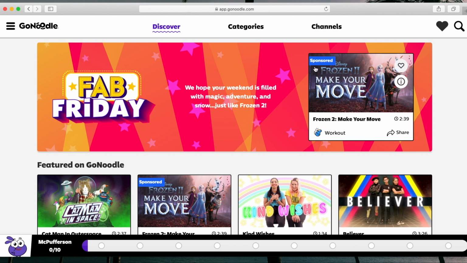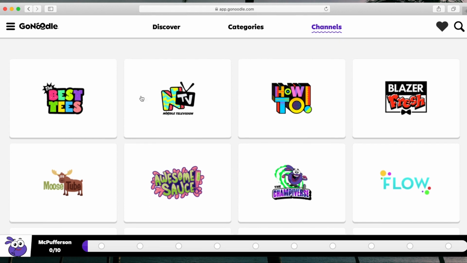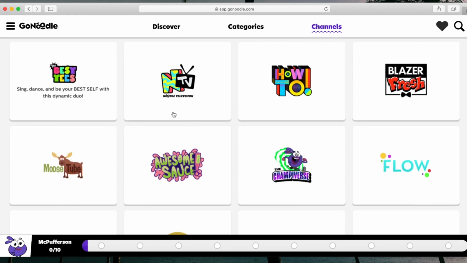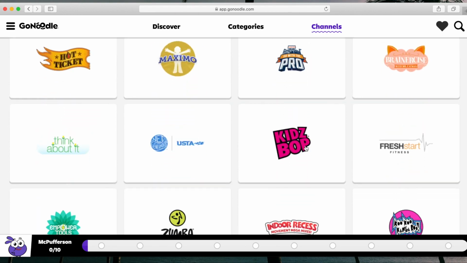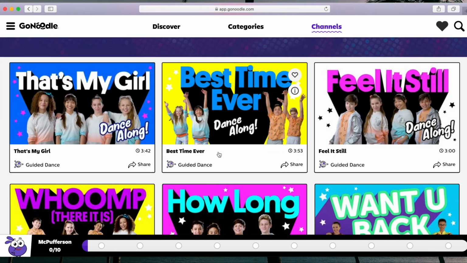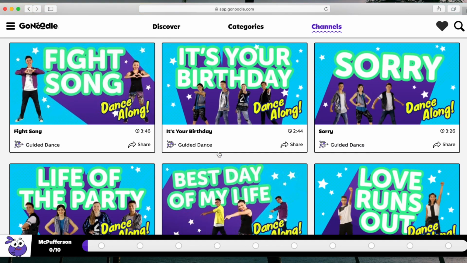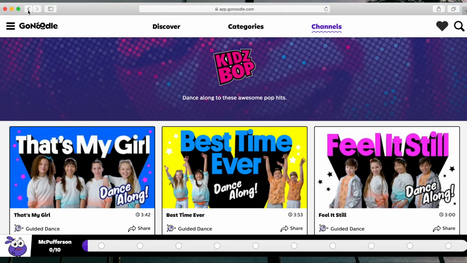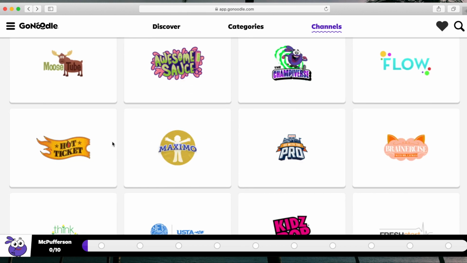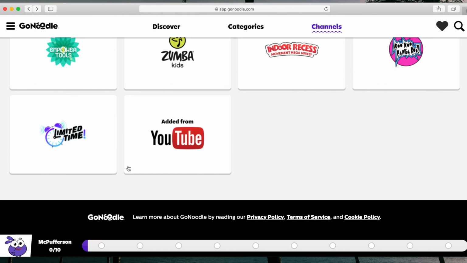And then the last feature I think is super helpful for teachers and their abilities to be flexible is that if you go to channels, so this is kind of where all of the videos within this app come from. So for example, a lot of the videos come from Kids Bop, okay? So you can kind of see the sources of where these activities come from. Go back. Down at the very bottom, if you click Added from YouTube, you can add your favorite activity breaks